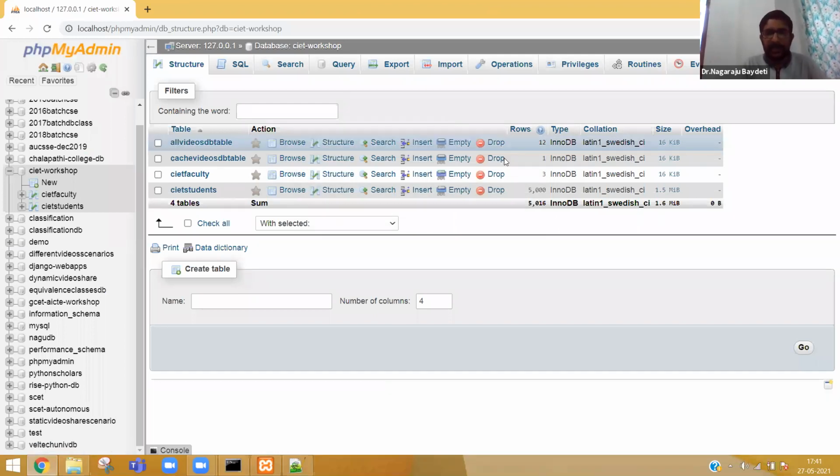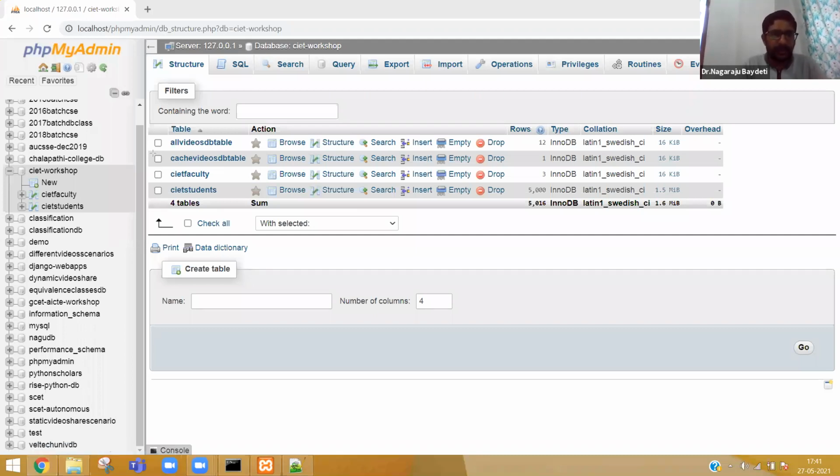Now everybody can really notice clearly, after executing the program, cache video table got one entry. Let me show you clearly by highlighting. Now you can see one entry.